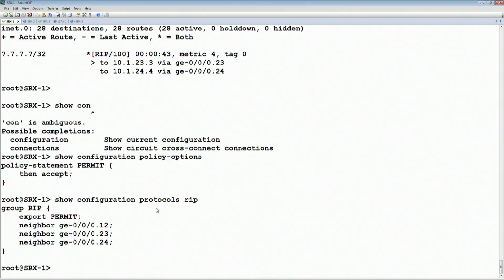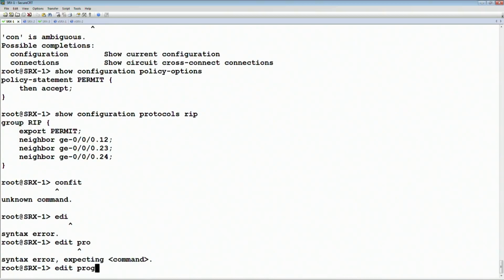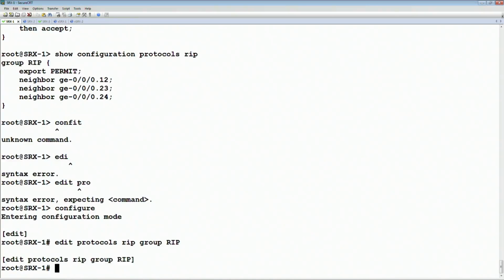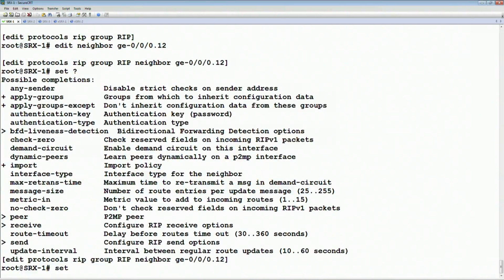Now, if we look at what are the other options that we have under here, if we go to config and edit protocols RIP, group RIP, and edit the neighbor, like gigi 0/0/0.12, this is where we would set any of the link level type options. Like, for example, if we want to do bidirectional forwarding detection, that's the equivalent of enabling BFD under the link in IOS. If we wanted to do clear text or MD5 authentication, where we specify the authentication key and type,